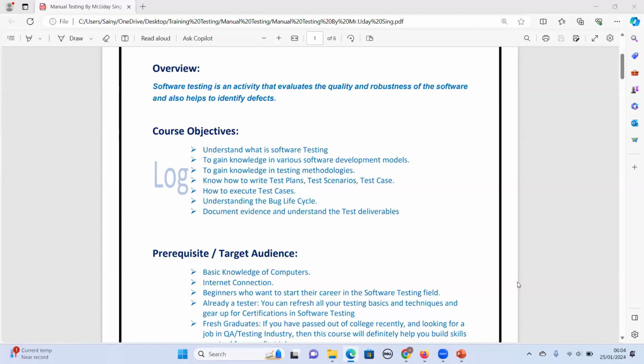Also, the course objective is to gain knowledge in testing methodologies. There are other testing methodologies which I'll explain as we go through the course. And also how to write test plans, test scenarios, and test cases.